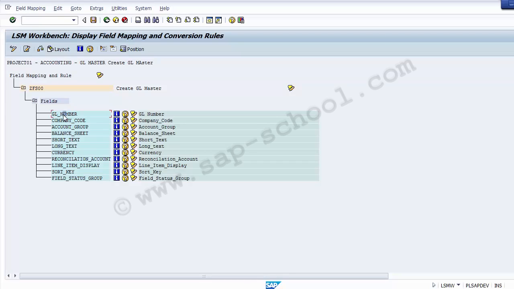All fields of all target structures which we have just selected in the previous step will be displayed over here. As you can see, the different fields which we have just defined in the table are displayed. For each target field, the following information is displayed on your screen. One is the field description. Then there are a number of different things over here, if you can see. One is termed your field documentation, another is your